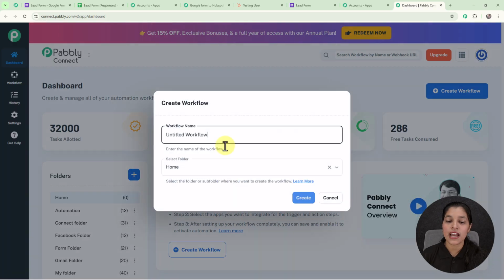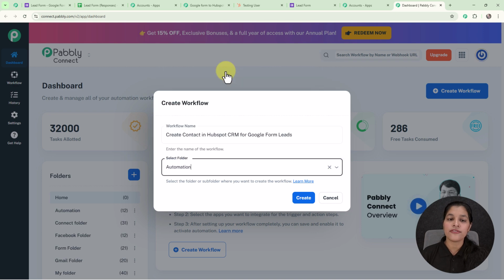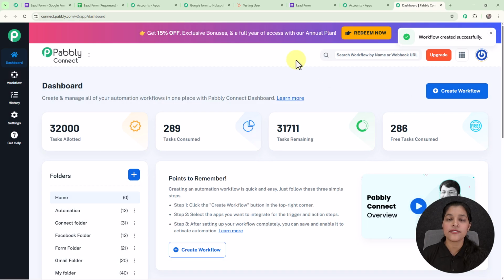So for that you simply have to click over this select button, and here you will be getting the dialog box where you have to provide the name to your workflows. So now I am going to provide a name to my workflow here. I am providing it the name create contact in HubSpot CRM for Google Form leads, and afterwards I am going to select my folder, that is automation. Now we simply have to click over this create button, and here you can see we are receiving this pop-up,